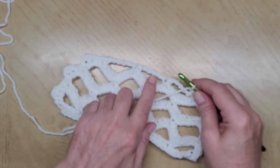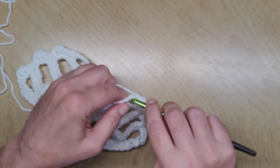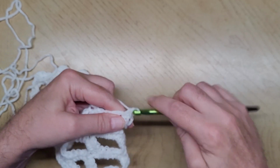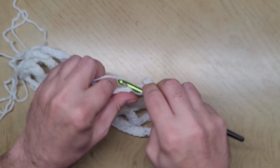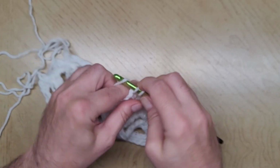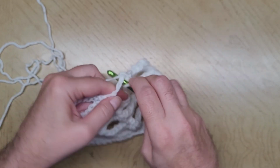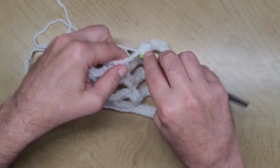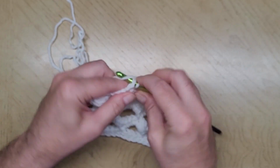Now we're down to 3 sections where we will do our single crochet in the first stitch, then our 3 single crochets, then our chain space, chain 1, 3 more single crochets, 1, 2, and 3, single crochet in the middle stitch, 3 single crochets, 1, 2, and 3, chain 1, 3 more single crochets, 1, 2, and 3, single crochet in the middle stitch,